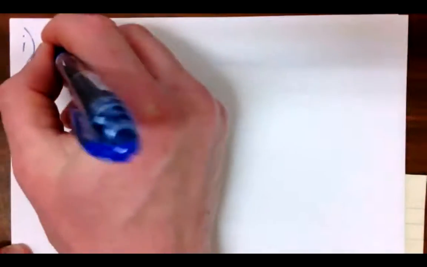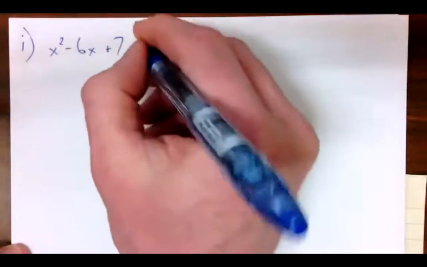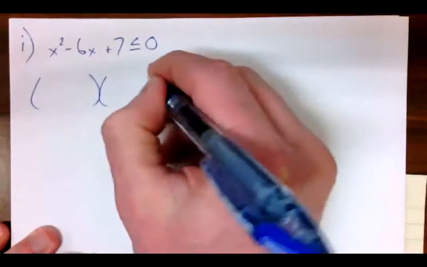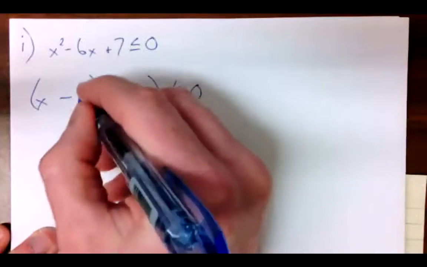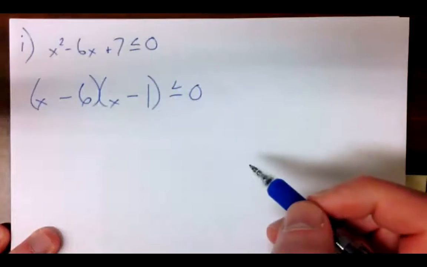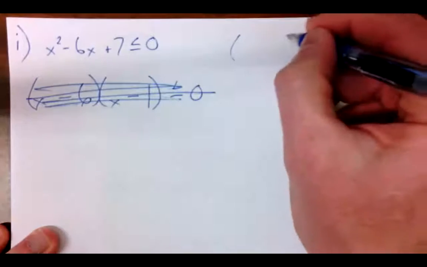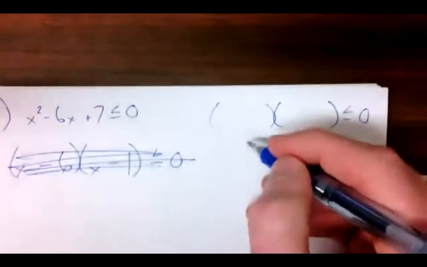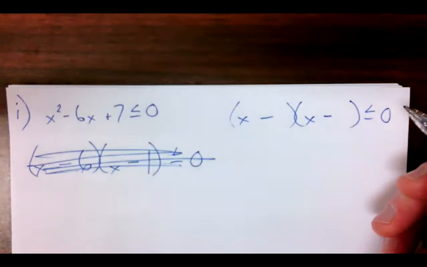I is x squared minus 6x plus 7, which is less than or equal to 0. So we're going to factor. Finally, it looks like one that's going to be more straightforward to factor. X and X, it's negative and positive, so they're both going to be negative. It's going to be 6 and 1 because they both, no, that's wrong. See, slow down. Sorry. Less than or equal to 0. X, minus, it's going to be,